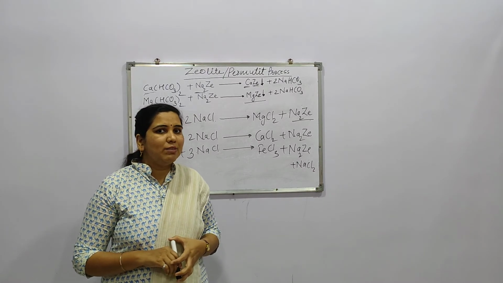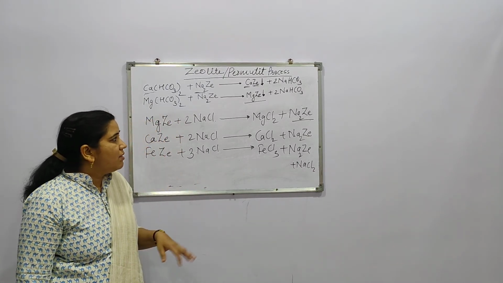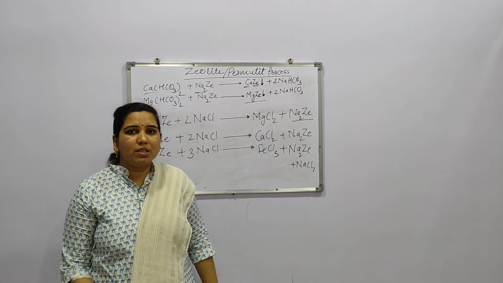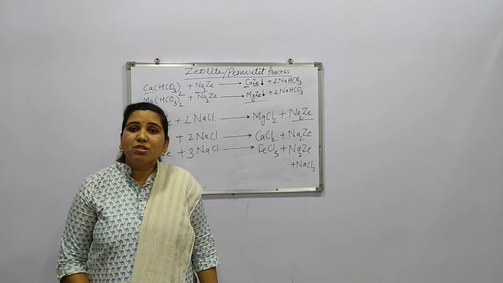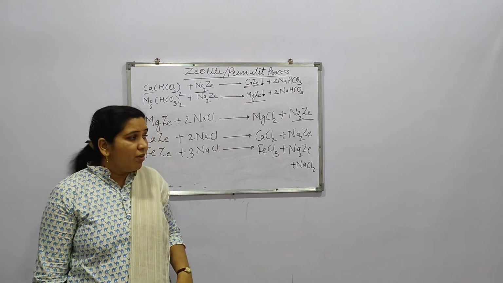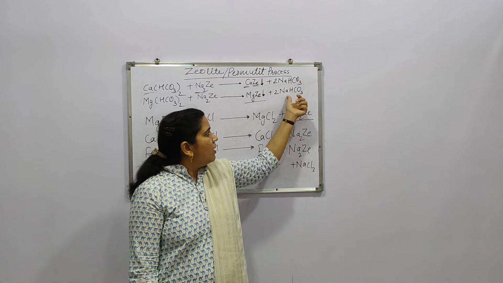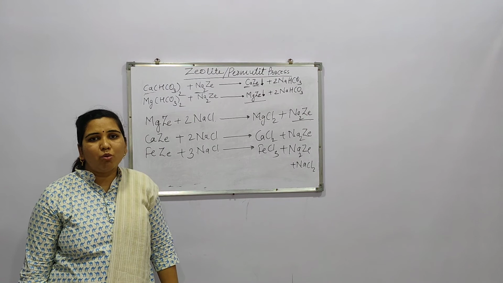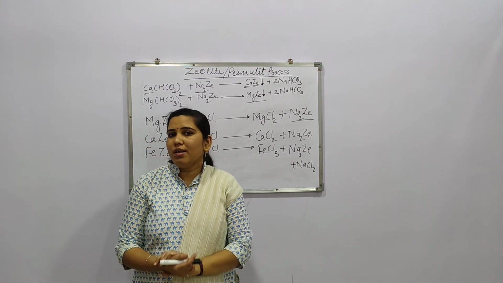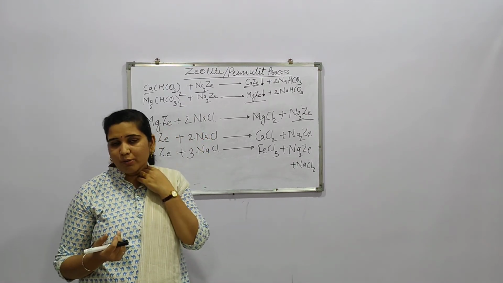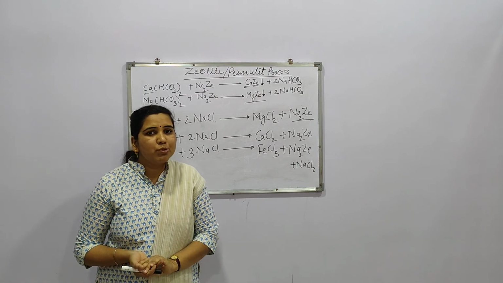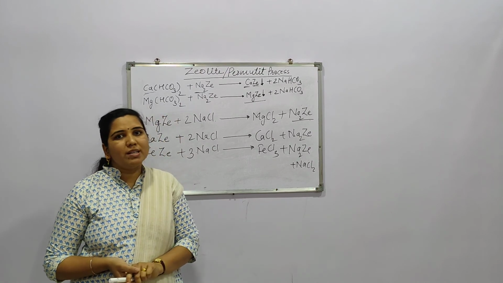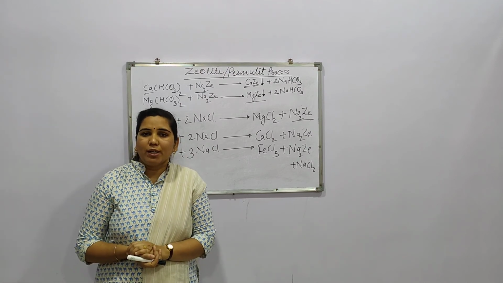The single disadvantage of this process is that it removes only positively charged ions. You might have seen in all these reactions that only positive ions, Ca or Mg, are removed, while the negatively charged ions HCO3, SO4, Cl remain in the water as such. So this is the single disadvantage. In this way we have seen this process. It is very easy to understand as well as very interesting to study. Thank you very much.